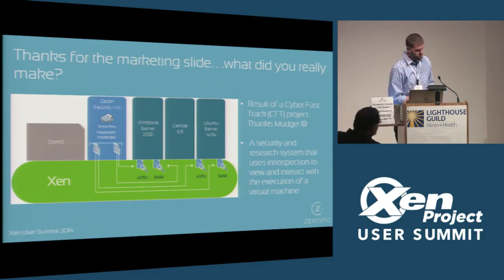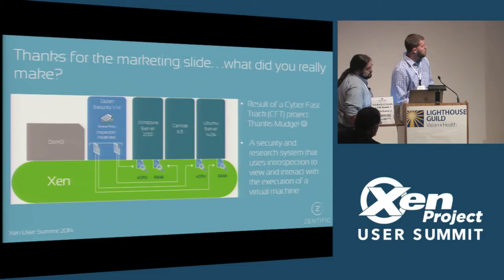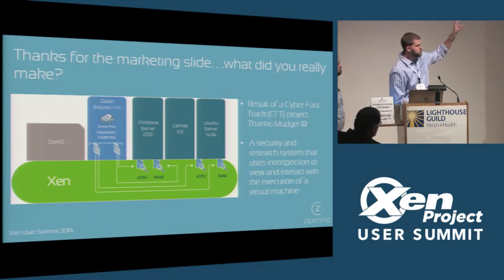And we started looking at this and saying, hey, there's a great opportunity to look at the RAM and vCPUs of these VMs and actually say, this VM is not operating properly. It looks like there's a rootkit installed. Something's hooking a function. So what we do is we actually have created a separate VM. In that VM, we have policies, we have scanning logic that looks at the VMs that you want to scan and can determine whether or not it's doing something it should or shouldn't be doing.